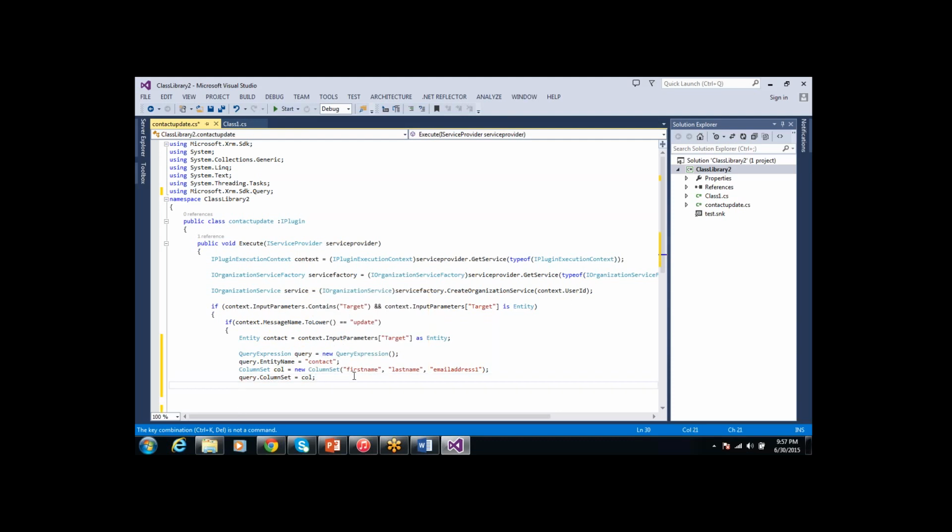Okay, so next we have to attach the filtering condition. Like a where condition, we need to attach it.